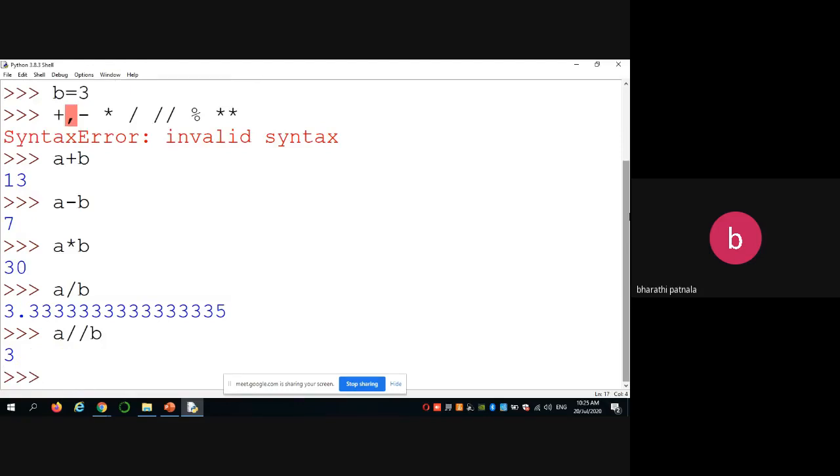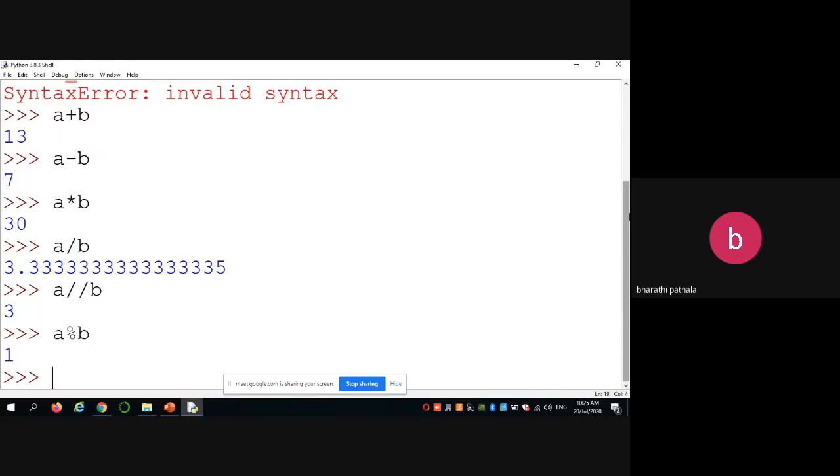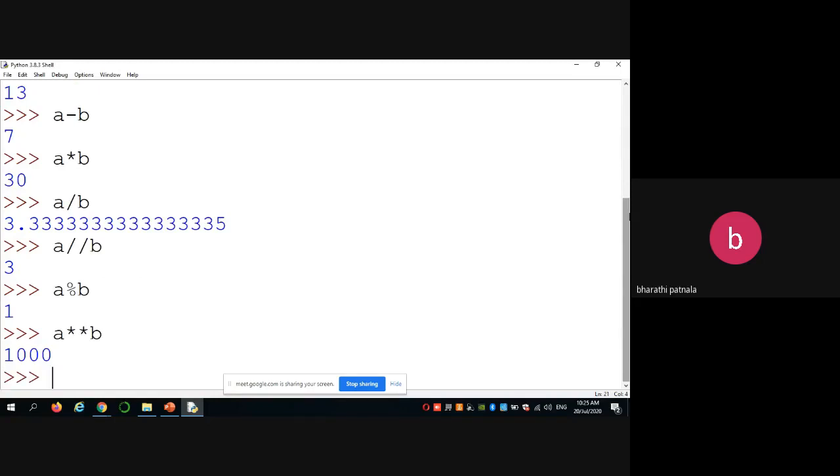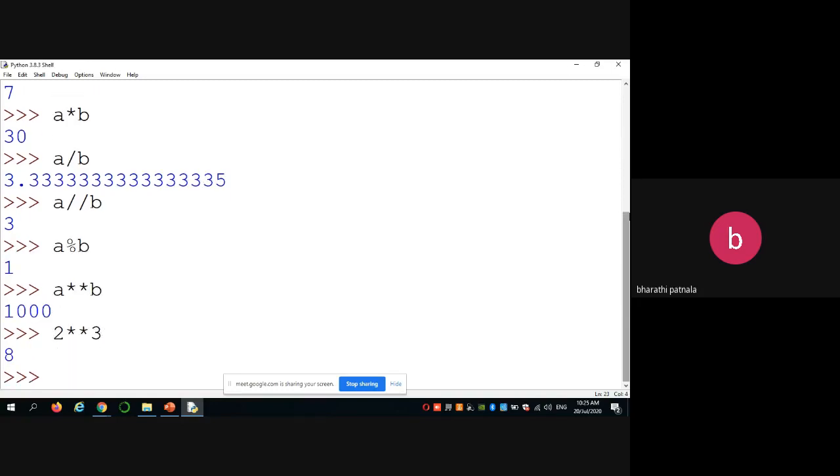Similarly, if you want to retrieve the remainder, so 10 divided by 3, 3 3s are 9, and the remainder value is 1. Similarly, if you want to find power, A power 3, for example 2 power 3, that means 2 into 2 into 2, that means 8.